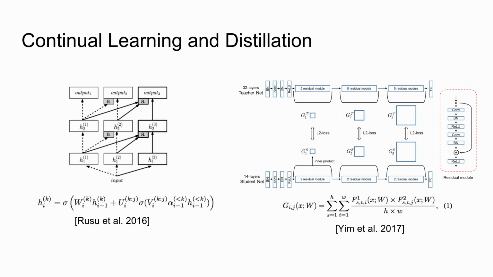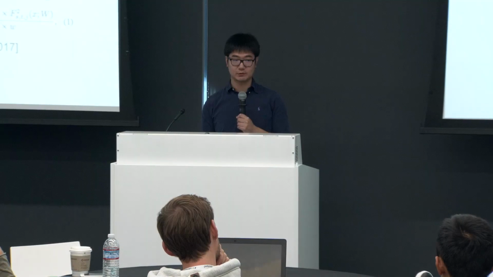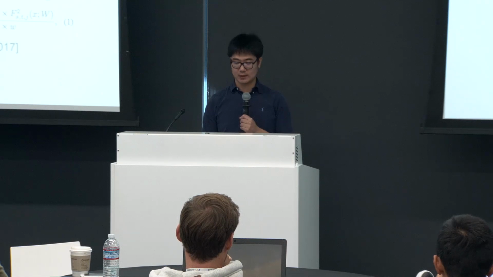On the right-hand side, we show how we can make use of distillation to do transfer learning. I think as Rishi mentioned above, distillation is basically a technique first used for model compression by introducing a student network learning from a teacher network. The teacher network is going to provide supervision to the student network. And this idea can also be used in transfer learning, where instead of sharing the model parameters, we directly utilize the supervision from a teacher model trained on the source task, and then do some projection on some of the hidden embeddings and transfer that knowledge onto the student network. So it's quite handy because there's no dependence on the model we trained before.